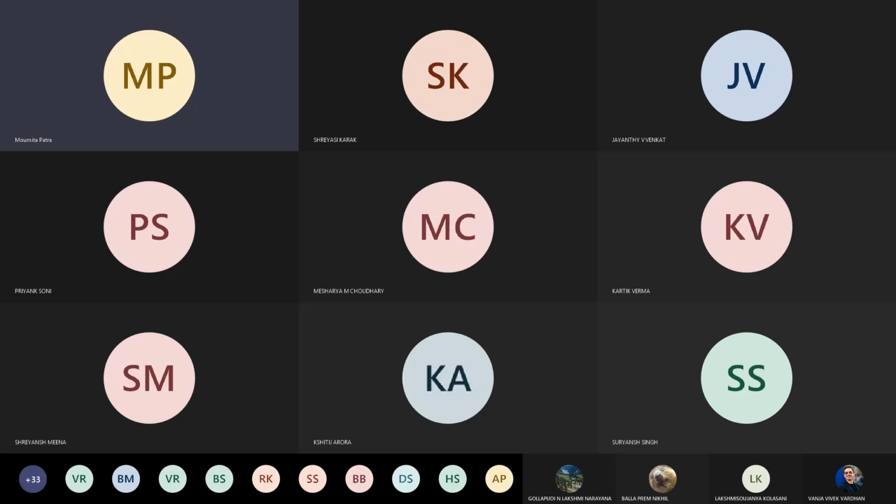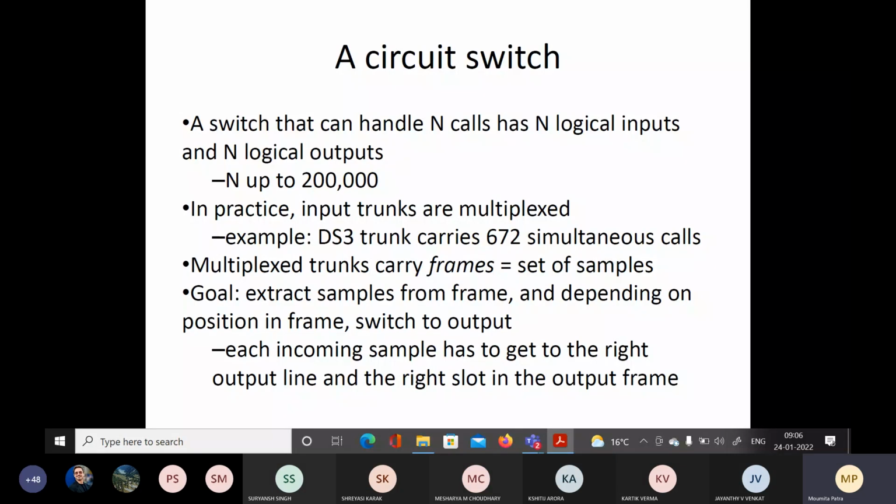Circuit switch and another is packet switch. If you have a circuit switch kind of scenario, what kind of switch would you be requiring, and if you have a packet switch kind of scenario, then what kind of switch do we expect to have? So for a circuit switch scenario, you have n